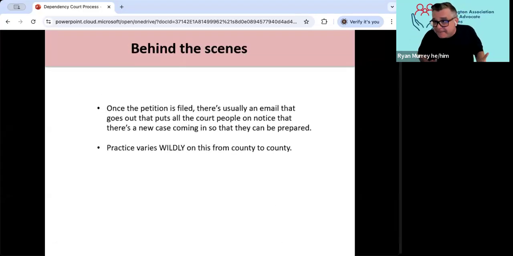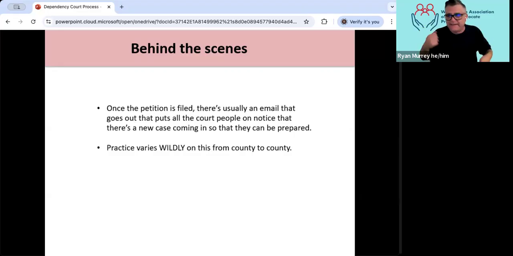So behind the scenes, what's happening in courts, once that petition is filed, there's an email that goes out to all the court participants. So the parents' attorneys, the AGs, basically everybody gets an email that says, heads up, we got a new one. Be ready, guys. The parents' attorneys will figure out who's going to be covering that hearing.